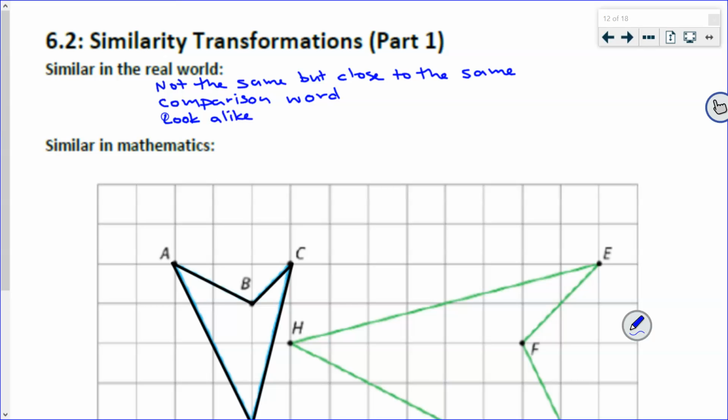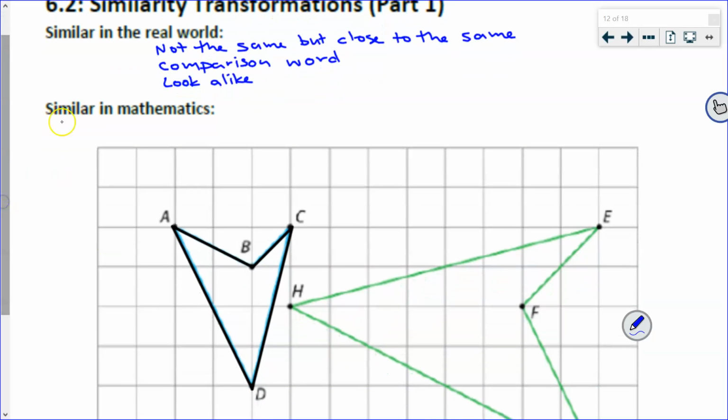Okay, good enough. Similar in mathematics is very similar to similarity in the real world, but it's got a really precise definition. We're going to write that precise definition now. And this precise definition is going to feel somewhat familiar. So similar in mathematics, make sure you're writing this down with me. It means two figures are similar if one can be obtained from the other